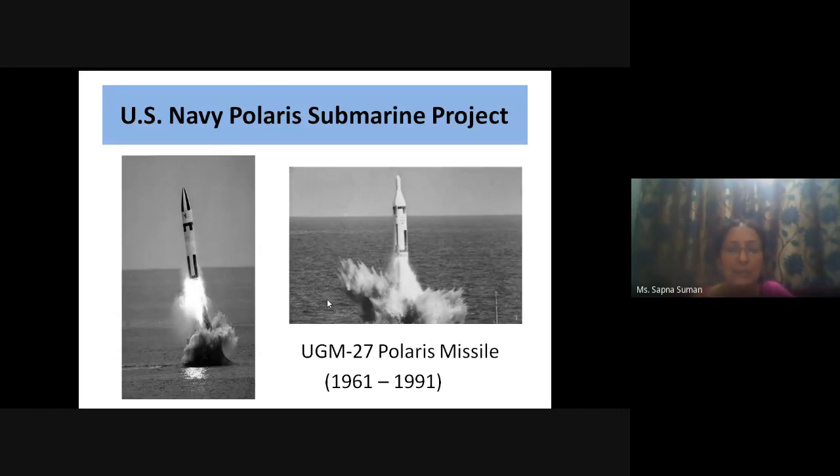You can see the missile in the slide, and this missile was one of the big projects of the US Navy. For this, this particular technique PERT was evolved, to check the research and development activities related to the launch of the missile. So this is the historical background of this technique, PERT. After that, it became popular and was used in other fields also, and nowadays it is used in the field of education also.